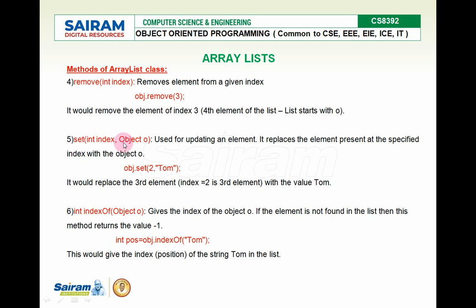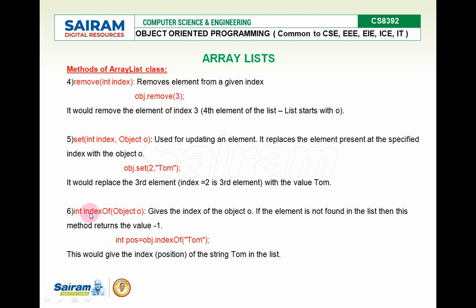And next is set(int index), which is nothing but you can change the array element, right? So you can update the existing value with a new value. That is what is called the set method. So obj is an object, and obj.set at this location, whatever the value is there, is going to be overridden by this new string. For example, if Sairam was already in this location, Sairam will be replaced by Tom. So you are updating the string element in the third location, which is replaced by Tom. That is what set does. You can set the value, update the value, or change the value.